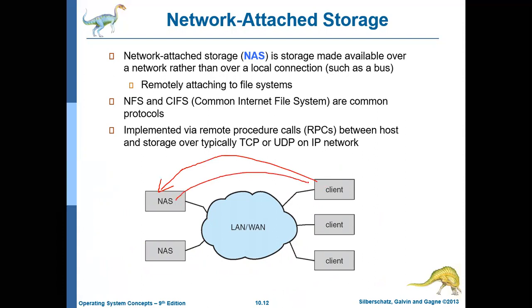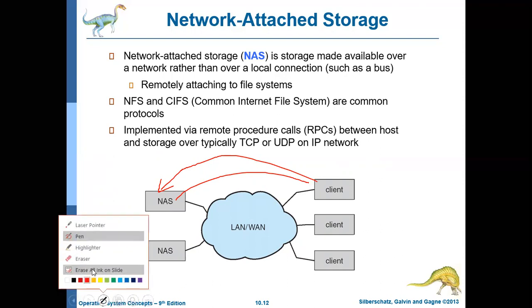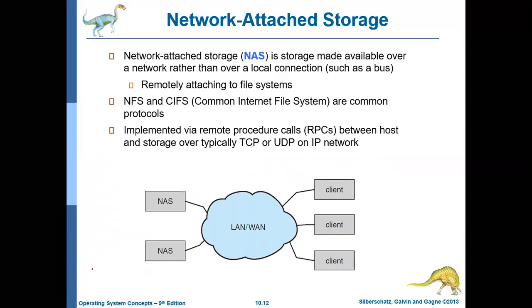But that is not the case in storage area network. In storage area network, things are automatically taken care of. When a client wants more storage, it has to place a request and it will get it. And if its requirement reduces, then the allocated storage may be removed. So that is the difference between storage area network and network attached storage. Network attached storage is called NAS, and storage area network is called SAN.